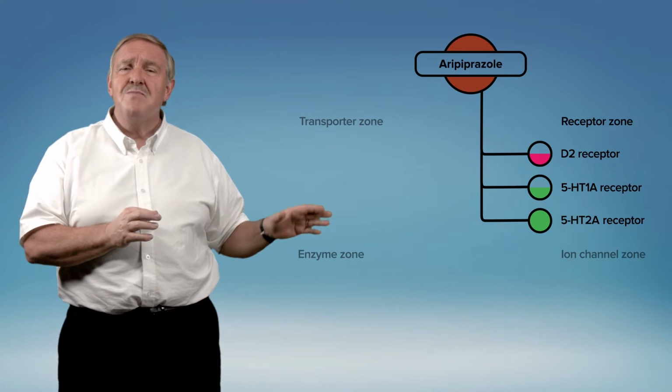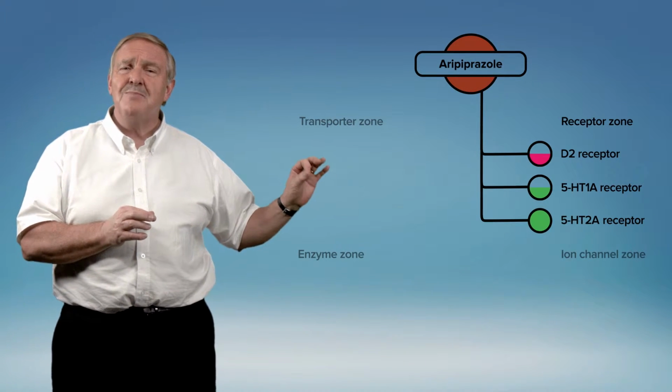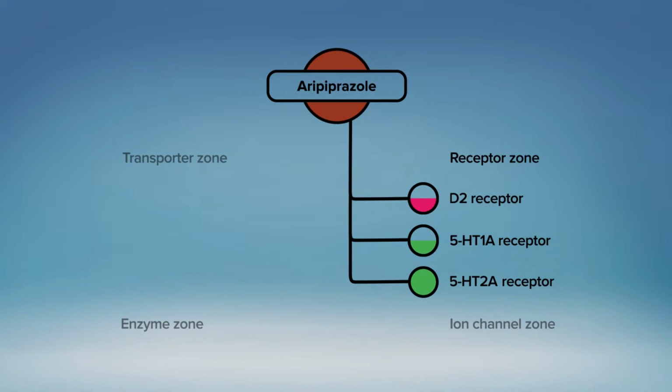This is also a dopamine receptor acting drug, but rather than being an antagonist, it's a partial agonist. This is indicated by the half-filled pink circle. This means that in states of high dopamine activity, aripiprazole can act as an antagonist and bring down dopaminergic stimulation. But even if all the receptors in the brain are occupied by aripiprazole, the intrinsic partial agonist activity will maintain